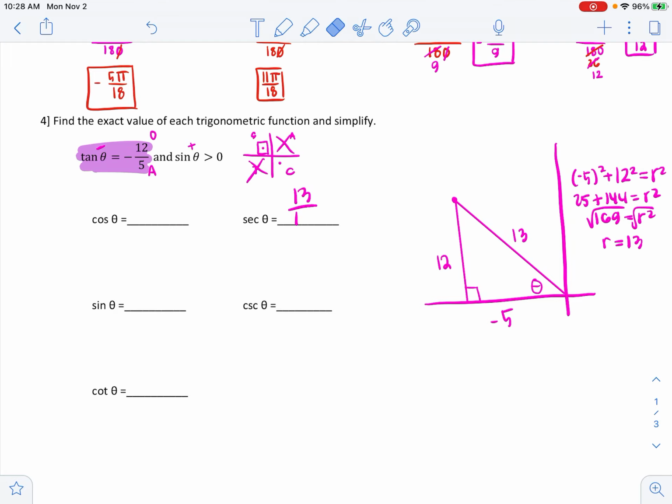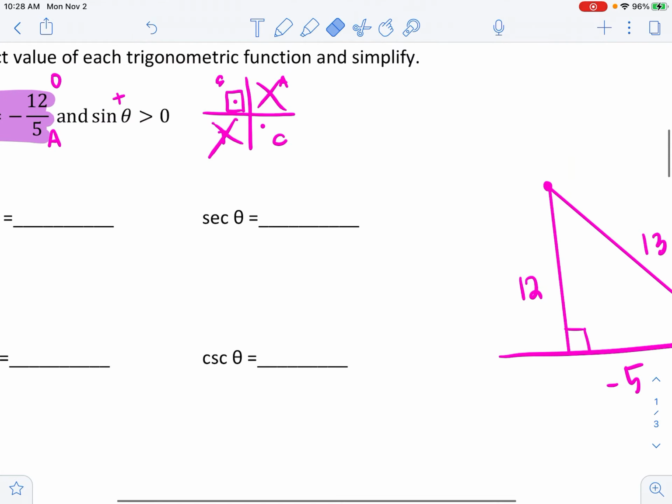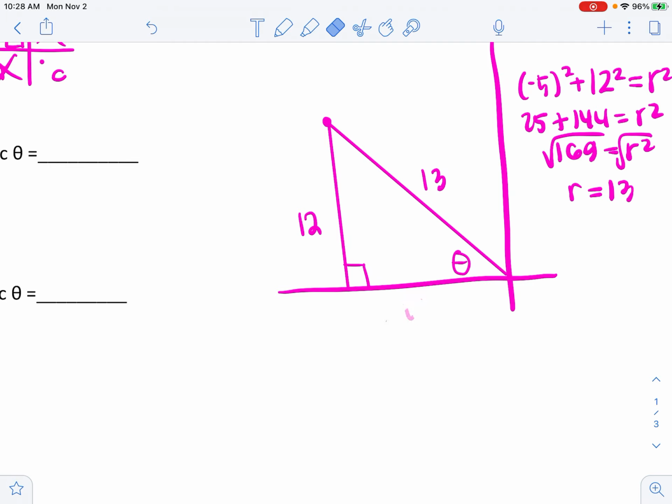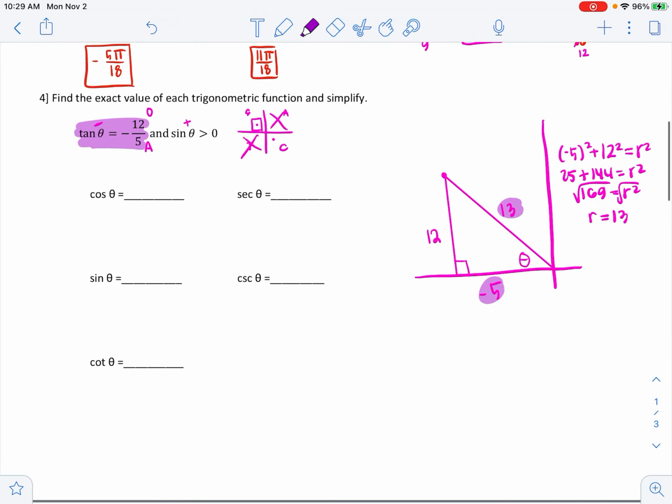Sine is opposite over, oh, I accidentally did, my bad. I was doing sine. All right, cosine is adjacent over hypotenuse. Adjacent is -5. Hypotenuse is 13. I accidentally did cosine. But when I went to go do sine, I was like, oh, nope, that's sine. So that's -5/13. The reciprocal,